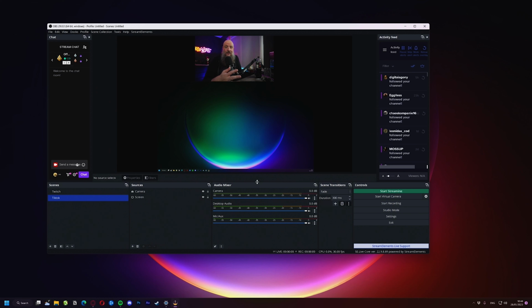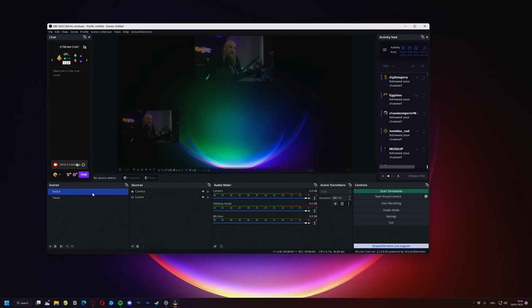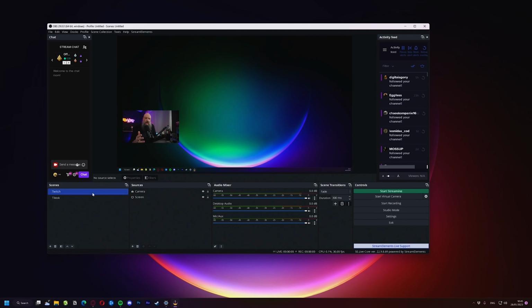That's the best I can describe it. Instead of pushing that feed to Twitch or YouTube, it will push it to a virtual camera. Now, the fun thing is you can just switch to all your other scenes. That camera will be fixed on that TikTok scene. It will not take into account any of the other scenes. It does not care what scene you have active. It will always be broadcasting the TikTok scene.